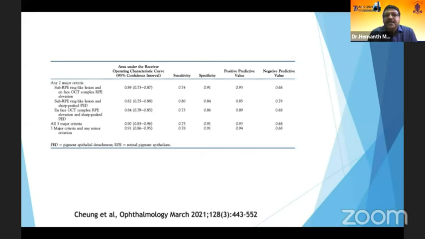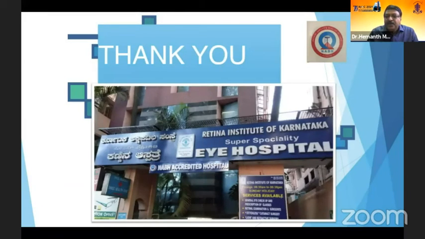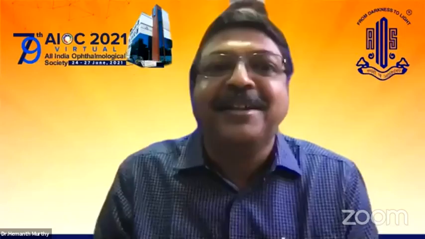So the specificity is about 0.91 and the positive predictive value is about 0.93. So this is, in short, I could say, because I think the time is up. So briefly about macular diseases, I know I had to run through a lot of it, but unfortunately, because of internet connectivity, I think I lost a lot of time.